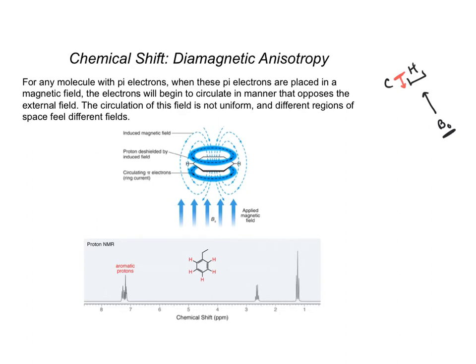And so that magnetic field is very specific in the fact that it will oppose the external magnetic field, right? So these electrons start to circulate. They start to produce their own little magnetic field that opposes that external field, right? And so because of that, our nuclei don't feel as large of a field overall than they would if those electrons weren't there, right? So it is kind of reduced in terms of the magnetic field that it actually does feel because of the presence of these circulating electrons,